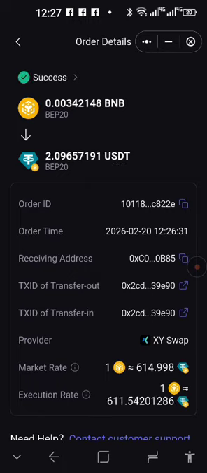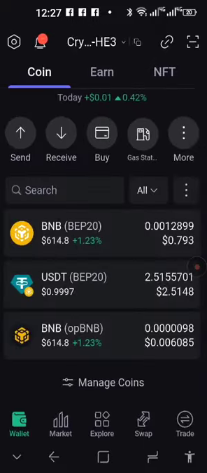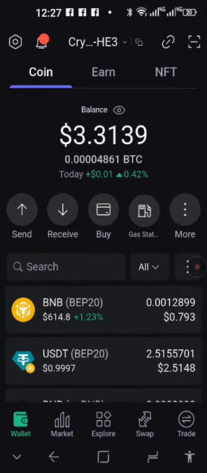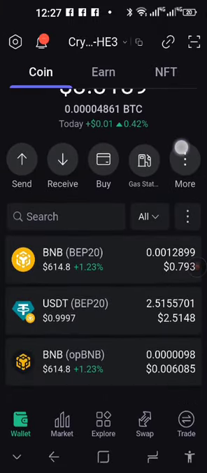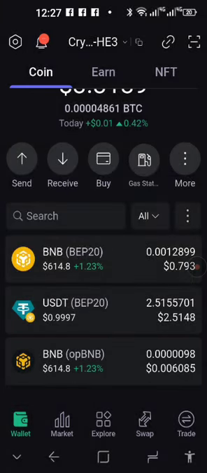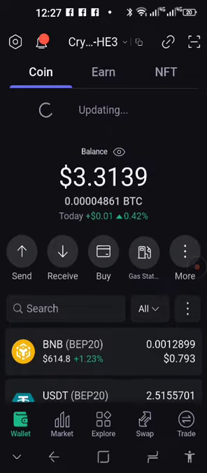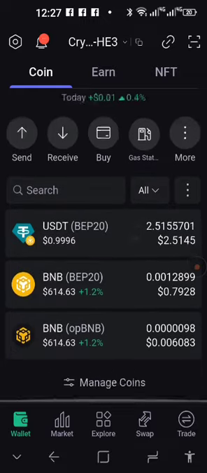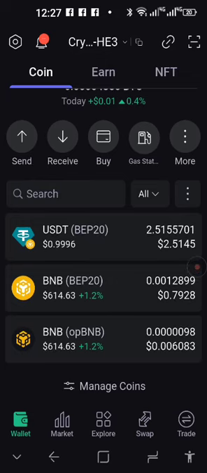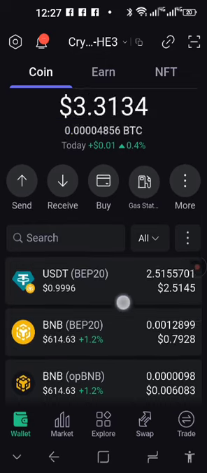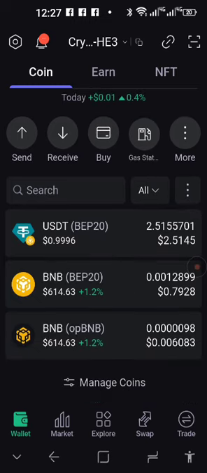Alright, now you're going to go back top left again and again until you get to the screen again. You see the balance is 3.3, so they already had 2.5 because there was a little bit of USDT in there. Just refresh it always to make sure that it does register in the wallet. So you can see I still have BNB left. I'm going to swap it back now, but it's just for educational purposes that I'm making this video for you to understand how to do it.